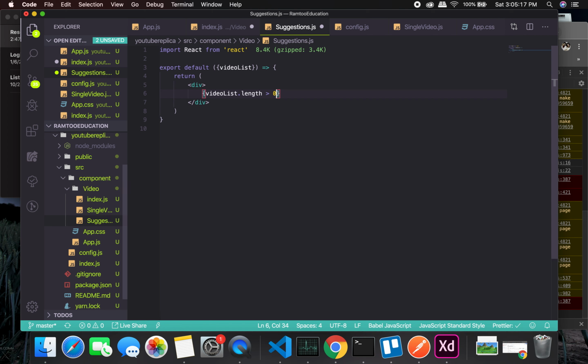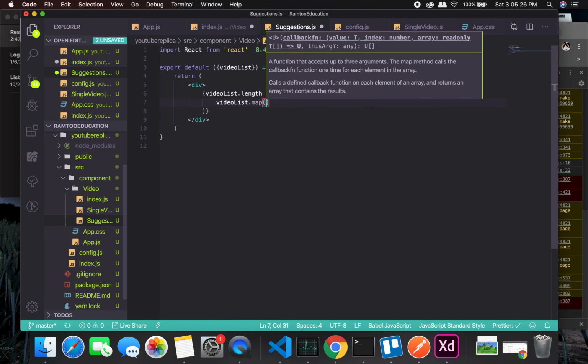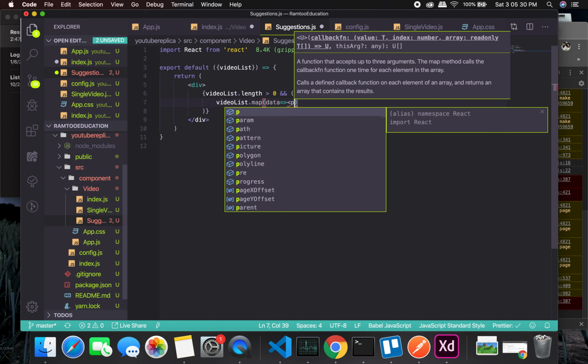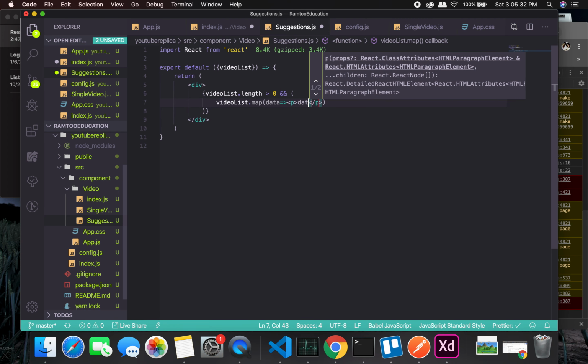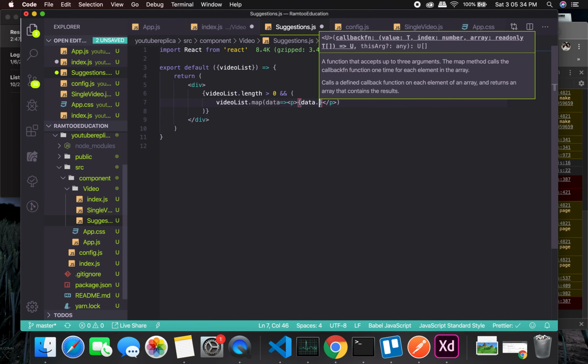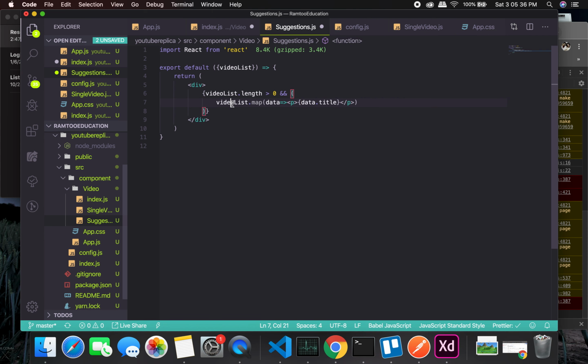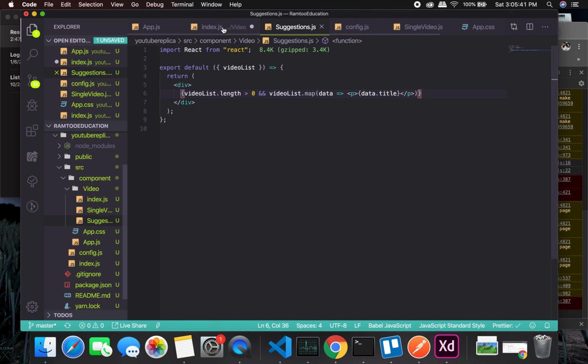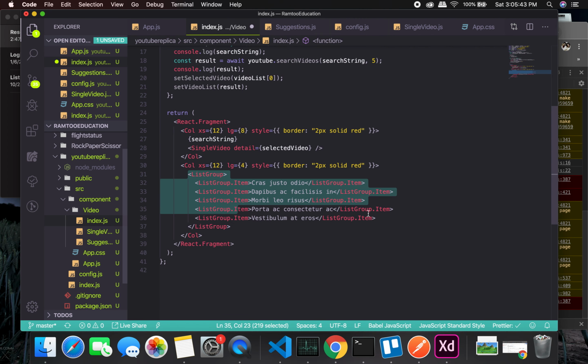This is if this condition is true, that's when you are supposed to show them the videos, right? So video list map data p and data dot title. Okay, because we know that this is how it is, that's why we can do this. But let's go into the video section and